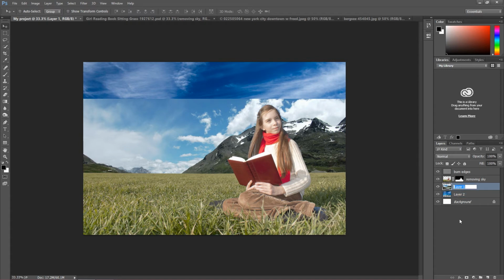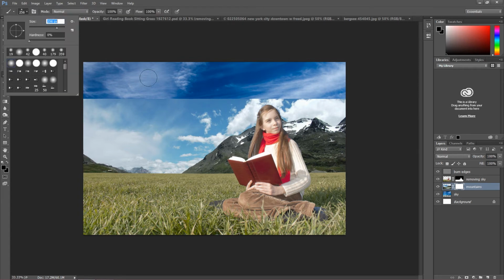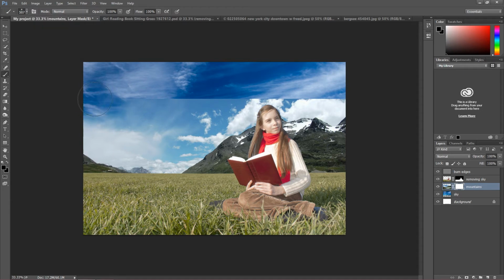Before I do this, I'm going to change the name of these layers. This one I'm going to call mountains, and this one sky. There you go. I'm going to click on the mountains layer, add layer mask, use a brush, of course black color as always, and now as you can see, remove